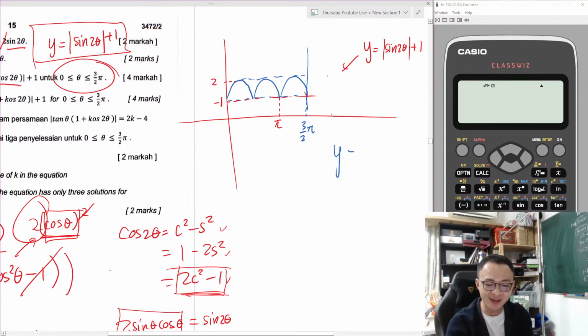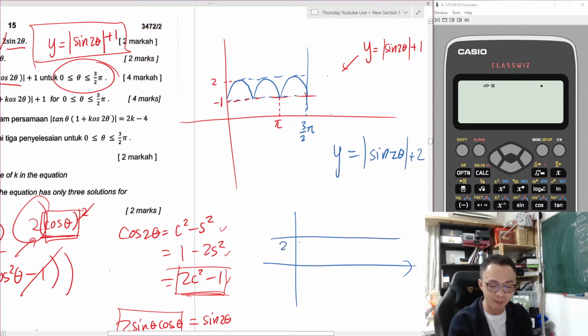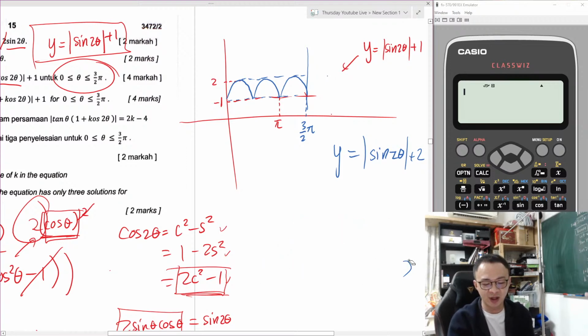Because this one is actually quite different from something like sine 2 theta plus 1 all in modulus. You realize the modulus doesn't include the plus 1, isn't it? This means, if next time I sketch quickly like plus 2, I know all my values are above the 2, and then I'm going to draw my sine graph like this. So I would say this trigo graph is a little bit complicated if you have no idea what's going on here.